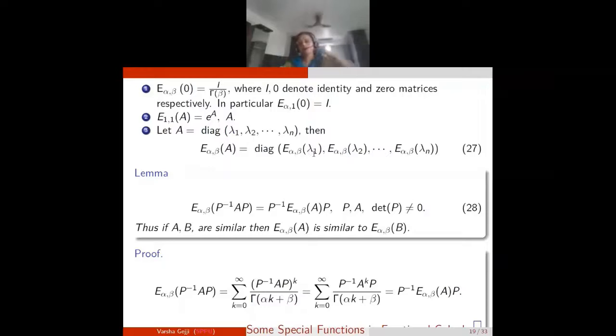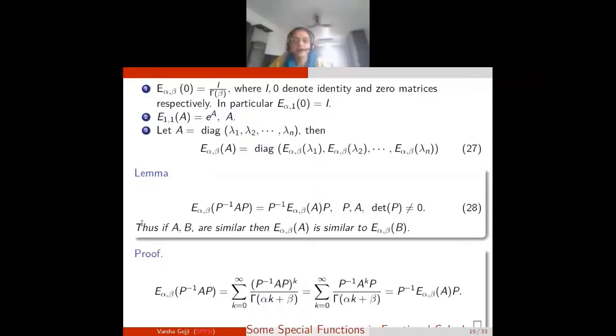Now E alpha comma beta lambda 1. So this is a scalar, so this will be a number. So these are the diagonal entries. Similarly, why I'm giving you these details is because they come handy when you are solving systems of equations